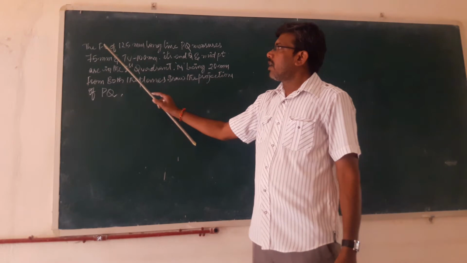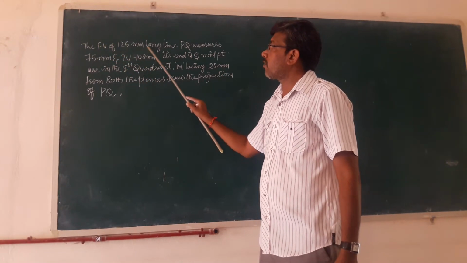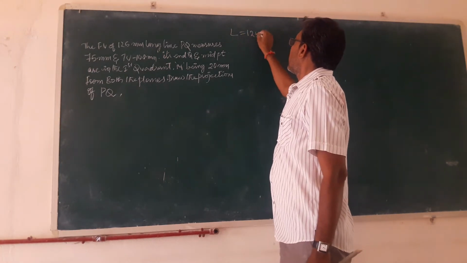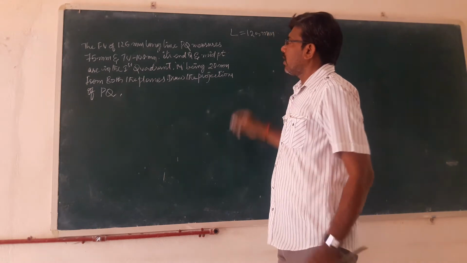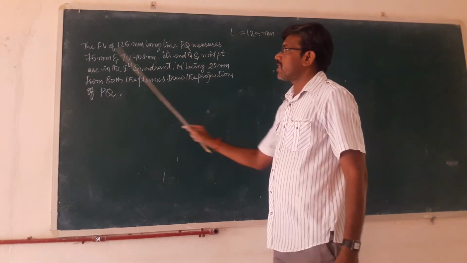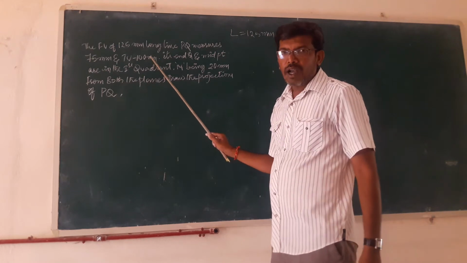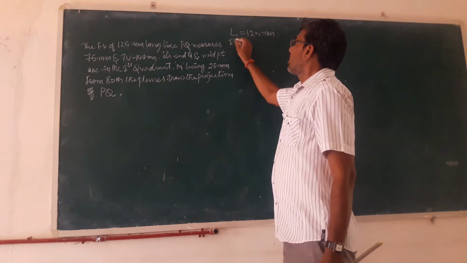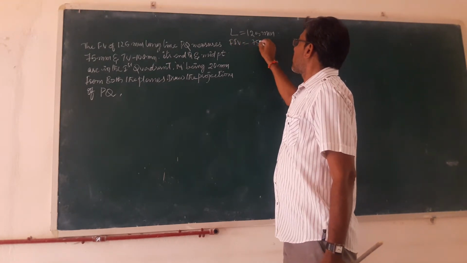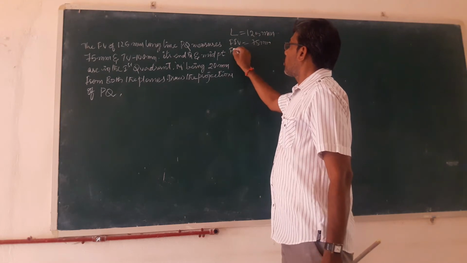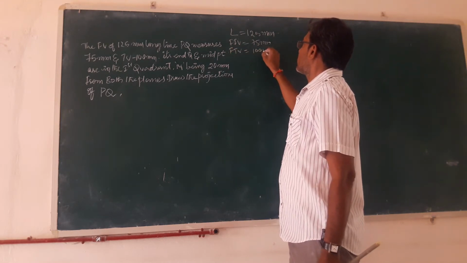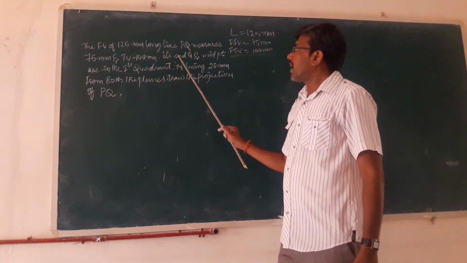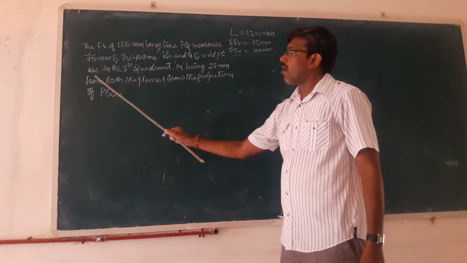So here you see the front view of a 125 mm long line. So you can write down the length of the line is 125 mm. Line PQ measures 75 mm in front view and top view measures 100 mm. So here in this problem also the final front view is given as 75 mm and the final top view is given as 100 mm, right? So it is clear these are the three conditions. And next, its end Q and midpoint are in the first quadrant.